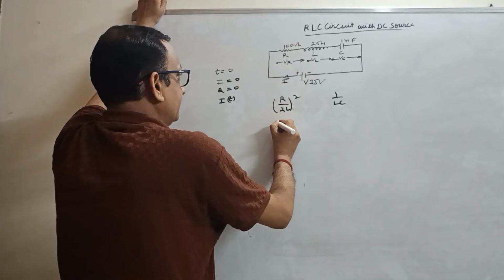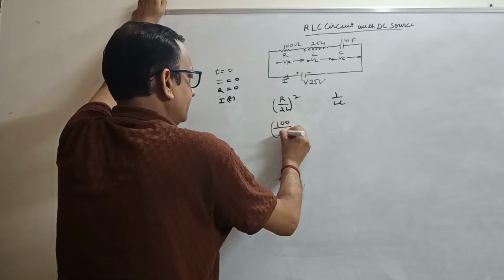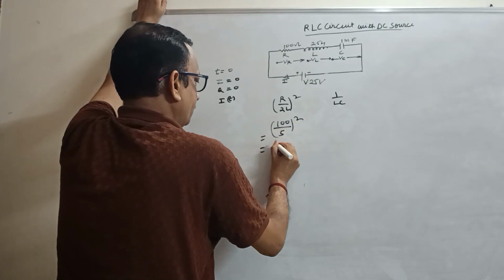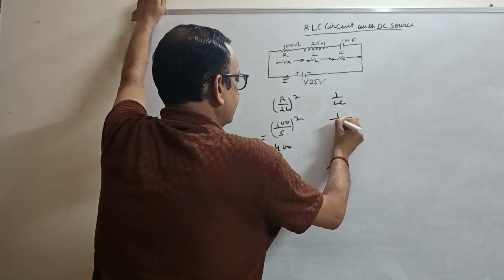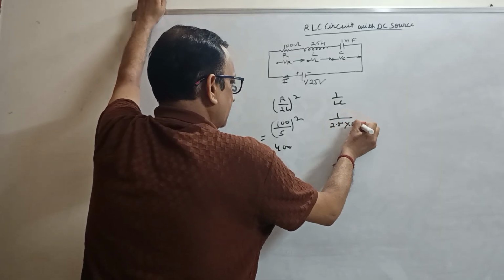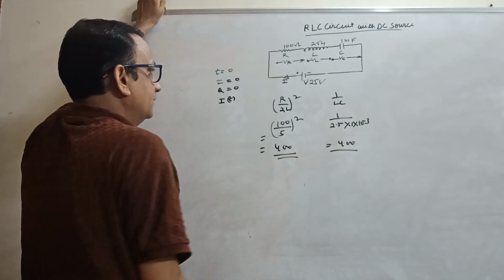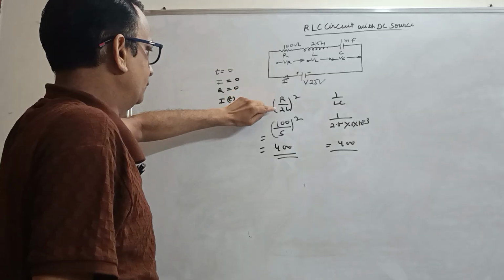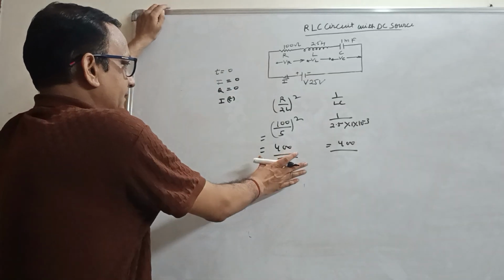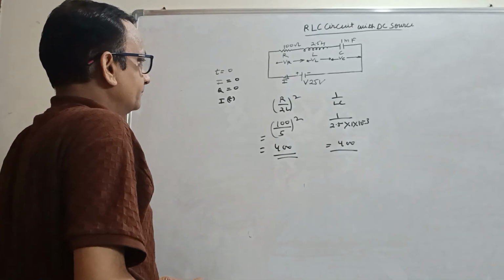Putting in the values, resistance is 100, 2 into 2.5 is 5, so this becomes 400, and 1 by LC, with 2.5 and 10 raised to minus 3, also becomes 400. Both values are equal,